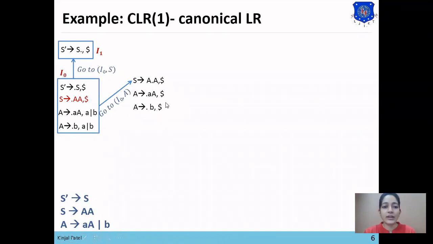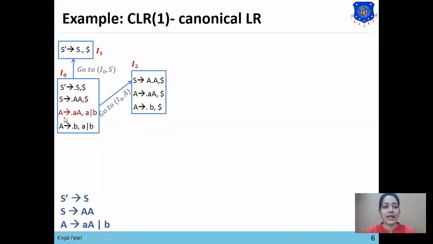Now to find the look ahead of this A, we need to apply the rule of first of beta a in this first statement. Between A and comma there is no term, so beta is null. So directly this look ahead dollar will be copied down and placed in the look ahead of the productions of A. Now in the second and third statements, dot is present at the beginning of a terminal symbol, so no more rule will be added in this set. So we'll represent this set with I2.